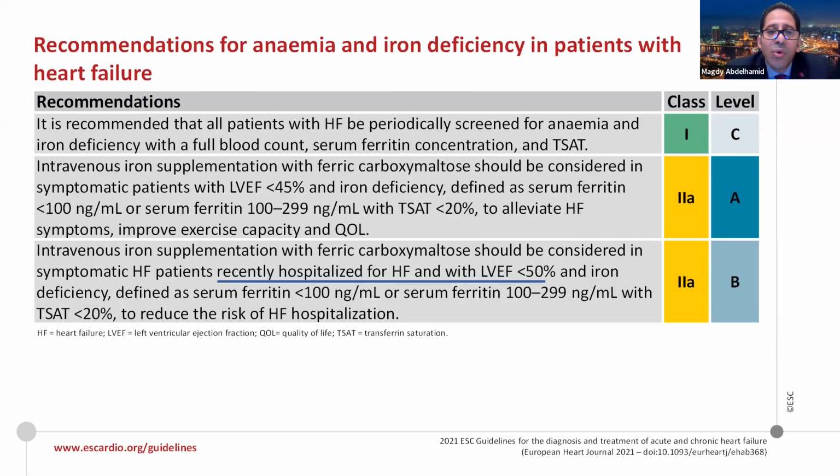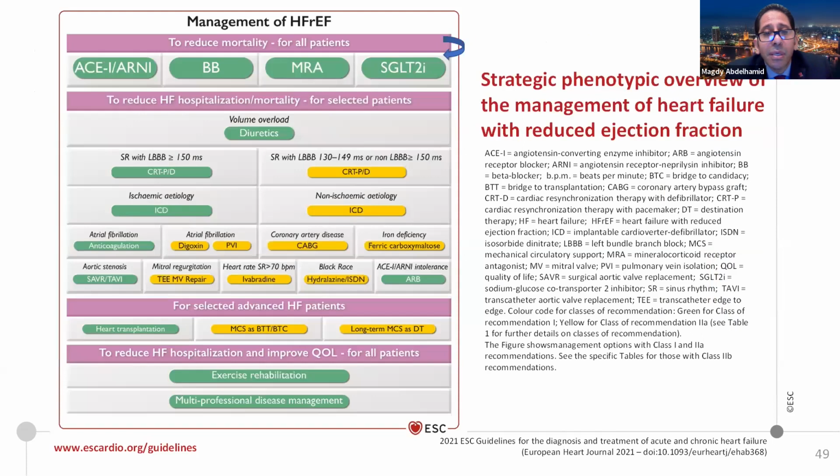And even in recently hospitalized patients, according to the results of the AFFIRM-AHF trial, the use of intravenous ferric carboxymaltose in hospital led to improvement of symptoms, quality of life, and decreased heart failure hospitalization. So don't forget to screen for iron deficiency and correct it in ambulatory patients as well as hospitalized patients. Again, this slide summarizes different lines of treatment that we have for patients with heart failure,